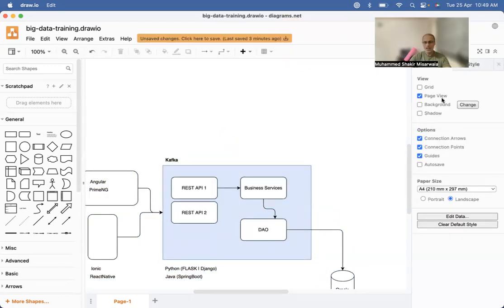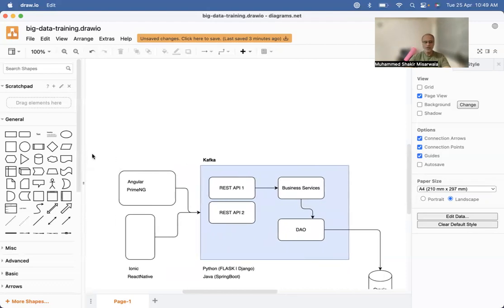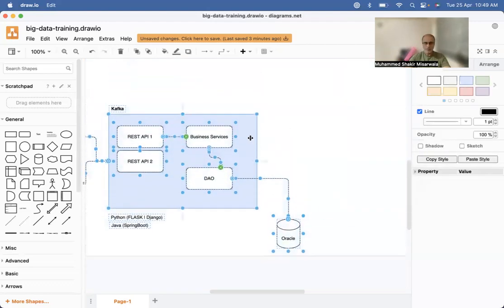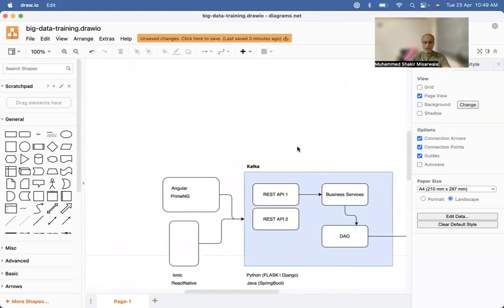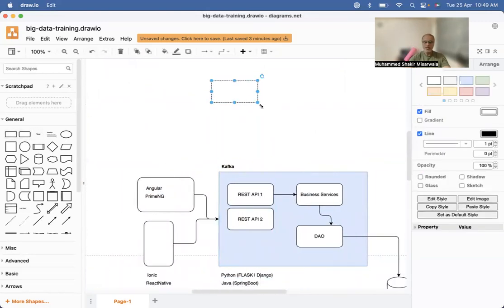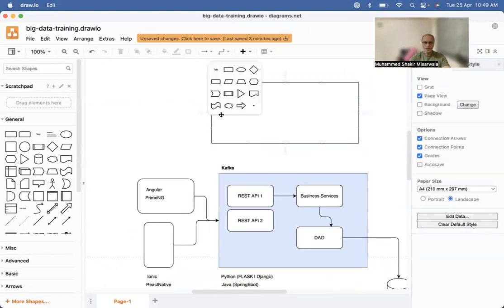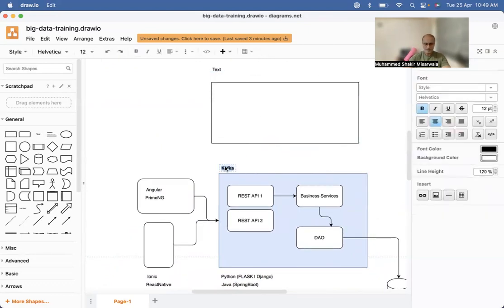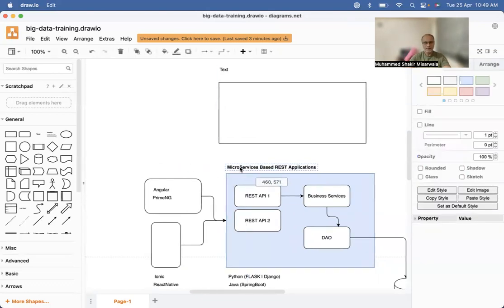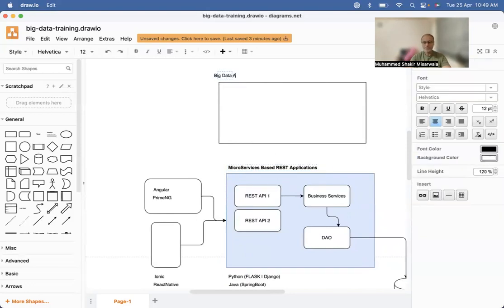For that reason, I repeat, for that reason, not only we, the world, they build. So अब मैं इसको नीचे ले लेता हूँ। Okay, I'll bring this down. The world builds. What do they build? They build a big data platform. मैं यहाँ से काफका निकाल देता हूँ। I'll say microservices based REST applications. Okay, ये मैंने यहाँ डाल दिया और यहाँ पे अभी मैं डाल रहा हूँ बिग डेटा एप्लीकेशंस।